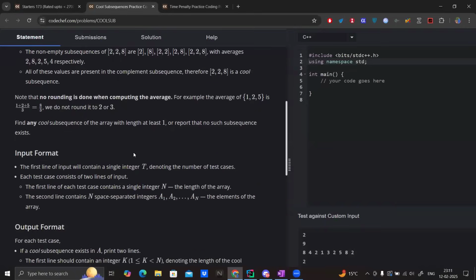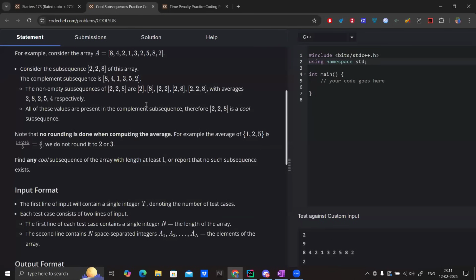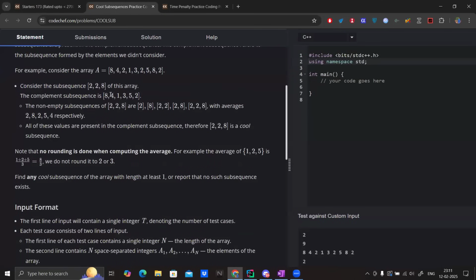So let's think about it. Actually, what if we just print a subsequence with length one? Let's think about that. Basically, what I am trying to do is, let's say we have an array 1 2 3. Now if I tell you that 1 comma 2 is cool, hypothetically, or let's get a better example, I'll take the one from this only, 8 4 2 1